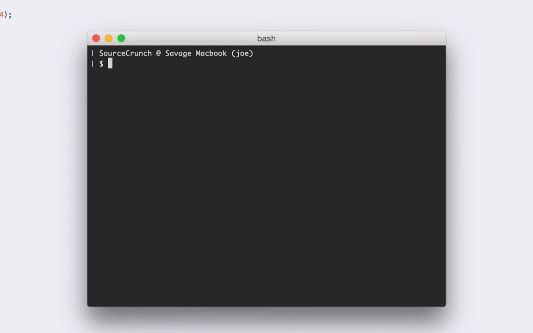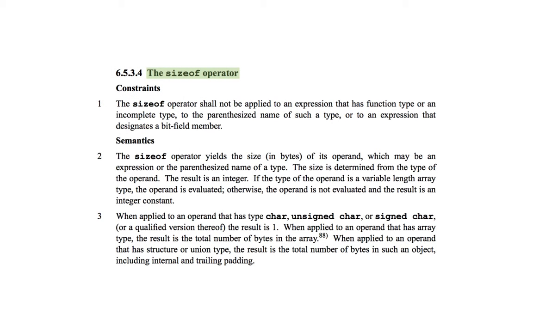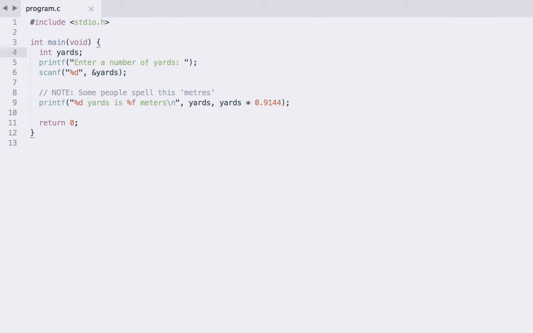Now, to sort of help with this a little bit, if we go back to our code, in C99 section 6.5.3.4, the sizeof operator is defined. Now, I say it's an operator because technically it is an operator, but you can really think of it as a function, but a function that happens at compile time. So this function doesn't execute when you run the program, it executes when your program is being compiled. And what this does is it gives you the size in bytes of the operand of the thing you pass to the sizeof operator. And remember, the size of a byte is defined by the size of a char, something we've talked about previously and the C99 spec goes into much more detail about.